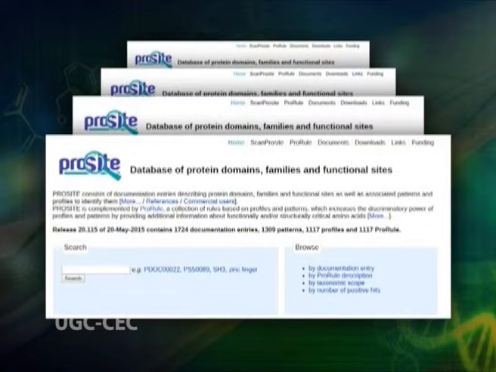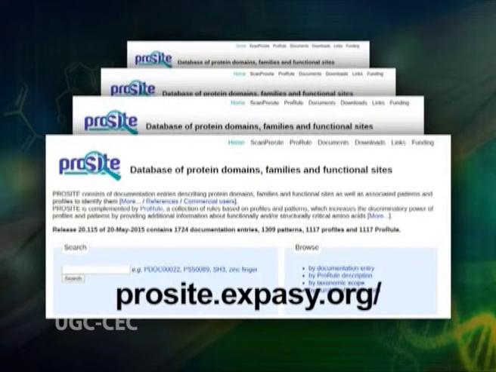This is a database generated by comparing the predicted proteins in all completely sequenced microbial genomes to infer sets of orthologs. PROSITE is a pattern database available online at prosite.expasy.org/. It contains protein motifs and patterns which are encoded as regular expressions. The entry in PROSITE is divided into two parts, that is pattern and related text.